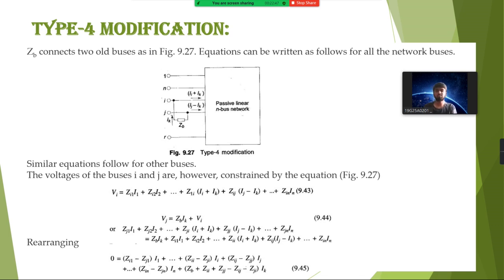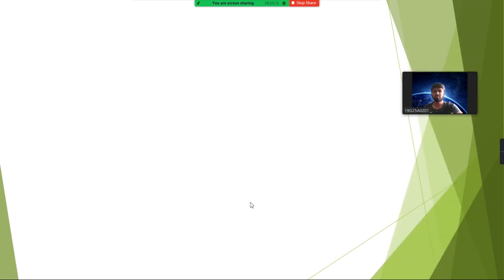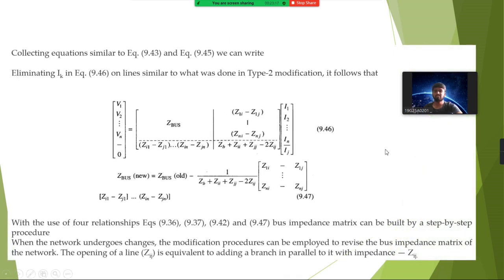The voltages of the buses i and j are however constrained by these equations, and we will get Vi as Zi1 I1 plus Zi2 I2 and so on up to In like this, and Vj. Rearranging these two equations we will get equations like this,